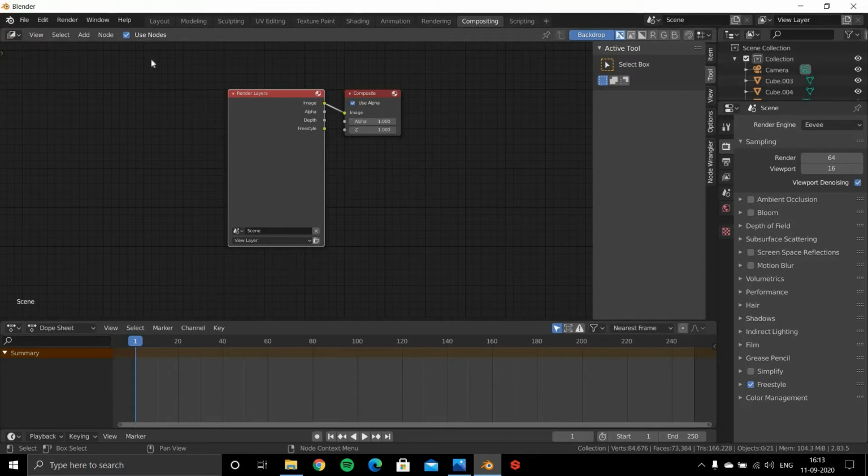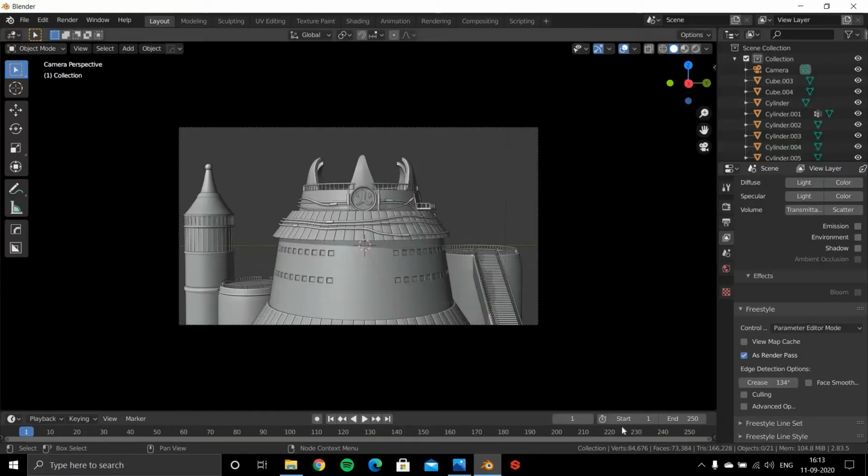If you don't see these nodes, you can enable use nodes, so you will see these nodes appear. So when enabling as render pass, we can see this freestyle node appear. We need that to edit our final shot.